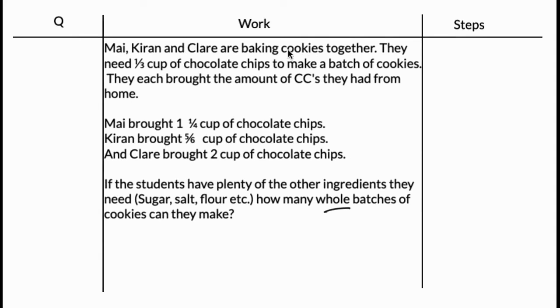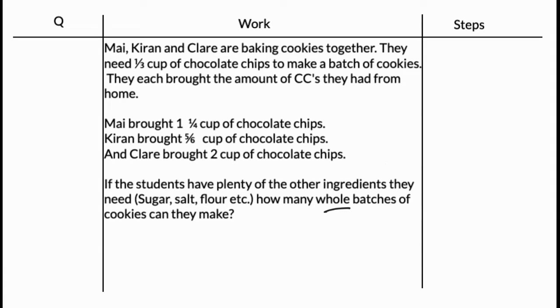Mai, Kieran, and Claire are baking cookies together. They need 1/3 cup of chocolate chips to make a batch of cookies. They each brought the amount of chocolate chips they had from home. Mai brought 1/4, Kieran brought 5/6 cup, and Claire brought 2 cups. If the students have plenty of the other ingredients that they need, how many whole batches of cookies can they